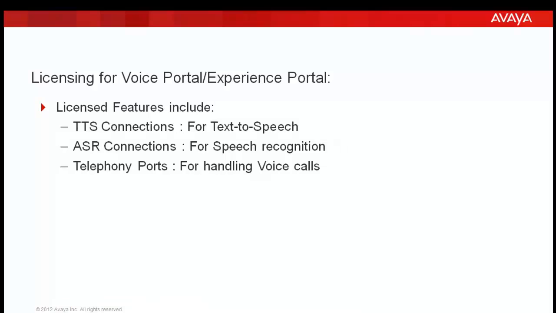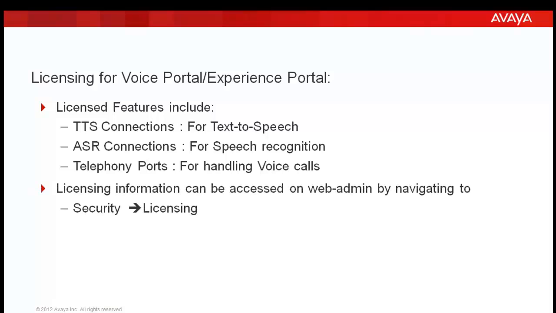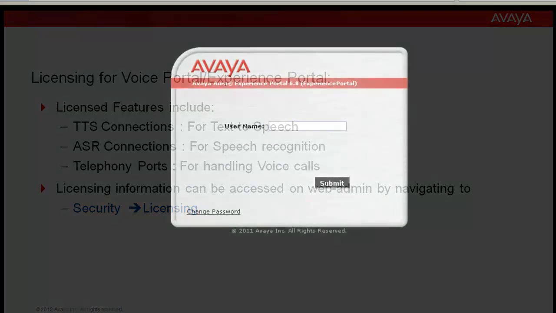Experience Portal's licensed features include TTS connections for text-to-speech, ASR connections for speech recognition, and telephony ports for making any voice calls. And this information can be accessed on the web administration by navigating to Licensing residing under Security. We'll see more details in our demonstration next.